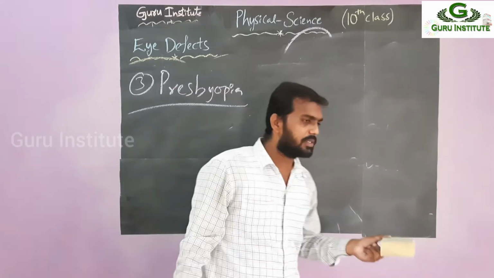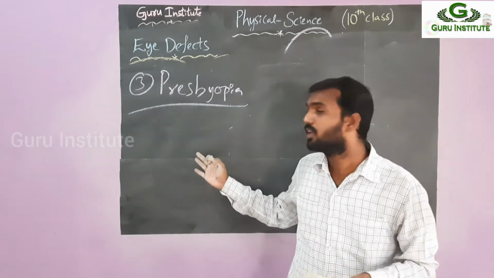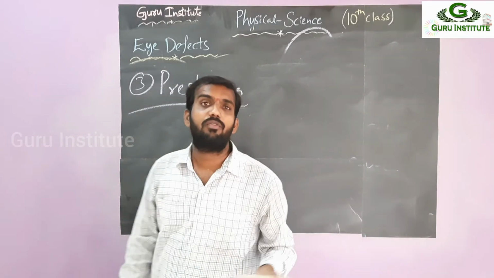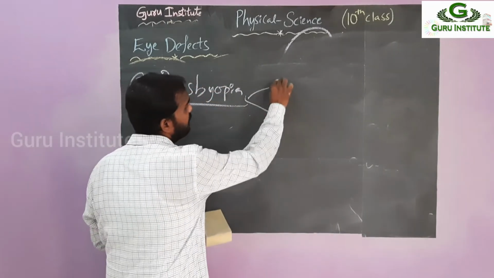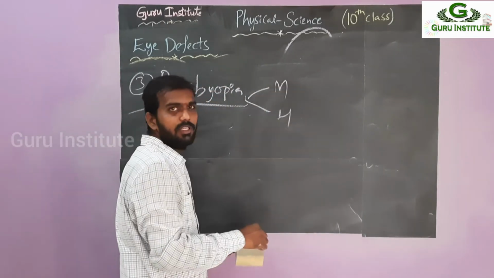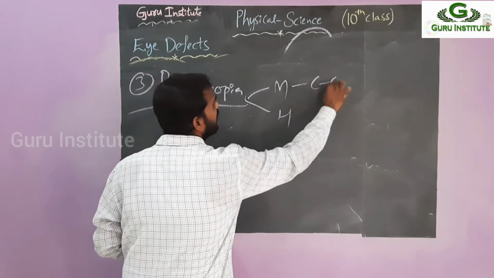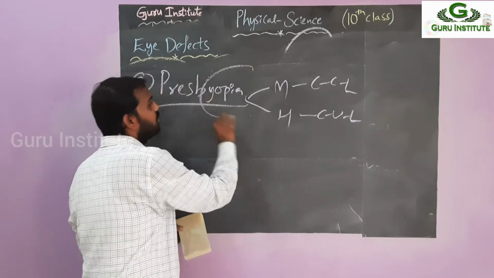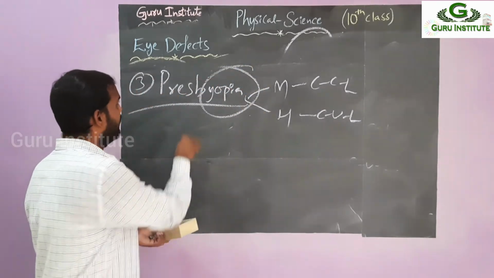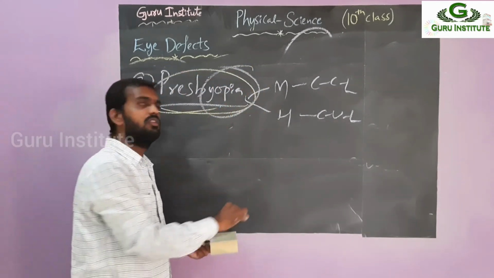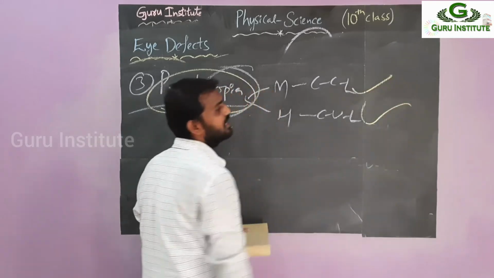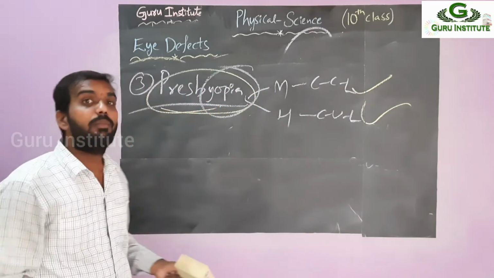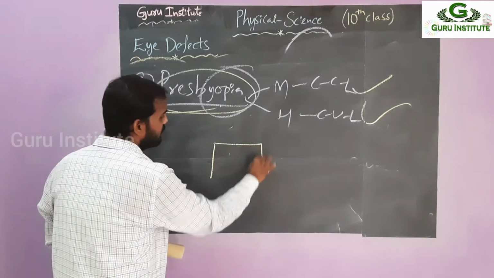Okay, for our understanding purpose, I will explain what that means. So presbyopia is there. In this one, how can we correct it? What are the two defects? The myopia defect is there, hypermetropia is there. For myopia, we use a concave lens. For hypermetropia, we use a convex lens. Then, if you want to correct these defects, what do you have to use? You have to use both the lenses. Why? Because both defects are there now. So that's why you have to use both the lenses. Then what is the matter? So I am writing the chest mark here.